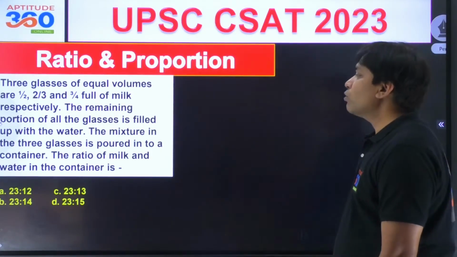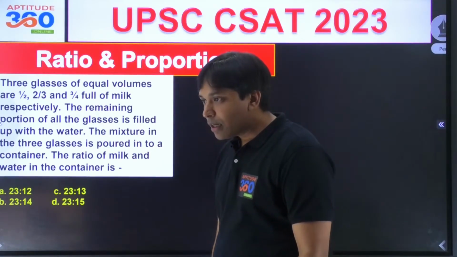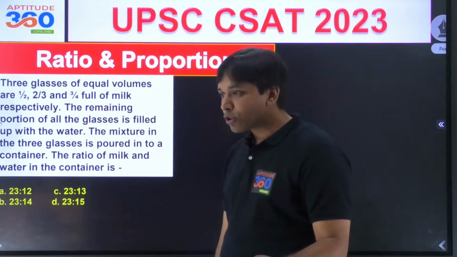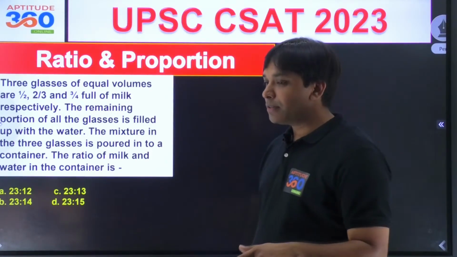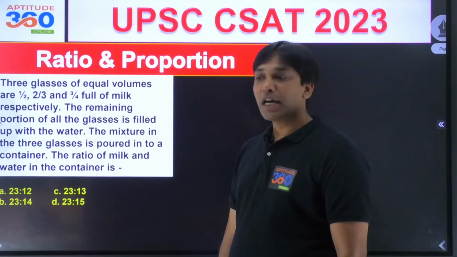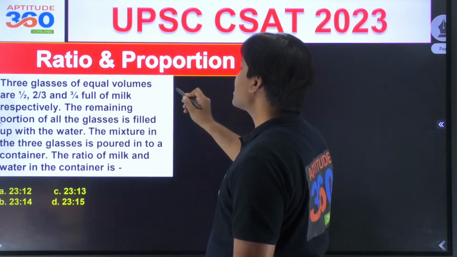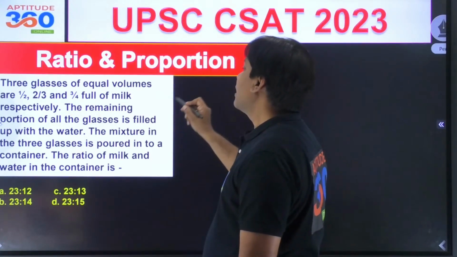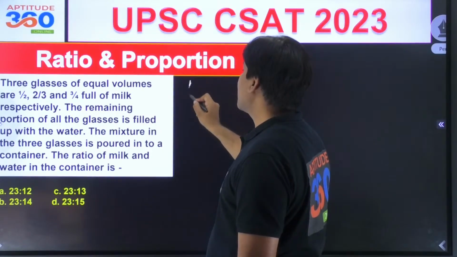Three glasses of equal volumes are 1/2, 2/3. Who is out of the conversation? Sandarbh, are you here? You're gone. Prisha, are you here? You're gone. So equal volume, 3 glasses of equal volumes. So what should I do? I should take